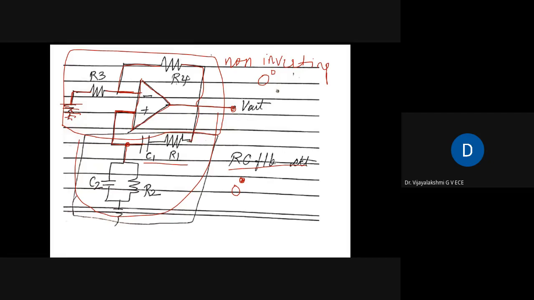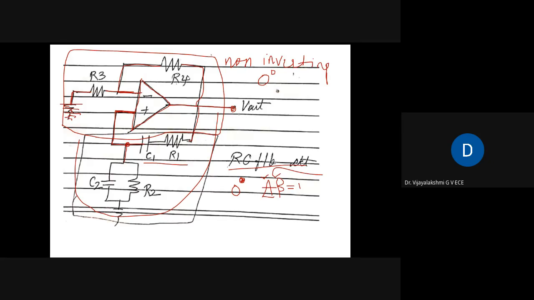Okay. So now let us see what the condition for sustained oscillation is. One condition I showed: the total phase shift is 0 degrees. The other condition is that we should also check whether A into beta is equal to 1. So if A into beta has to be equal to 1, we should find out what the A value should be and what the beta value should be. Let us derive this. For this circuit, we are deriving the frequency of oscillation and also the condition for sustained oscillation.